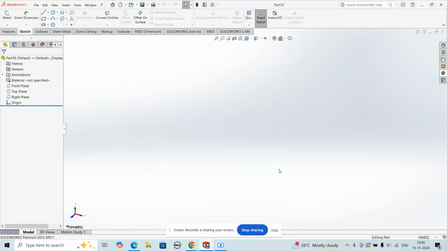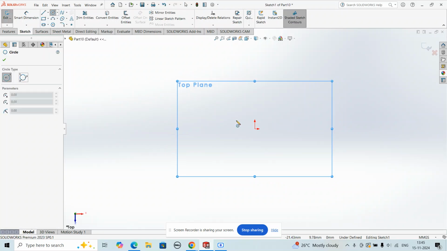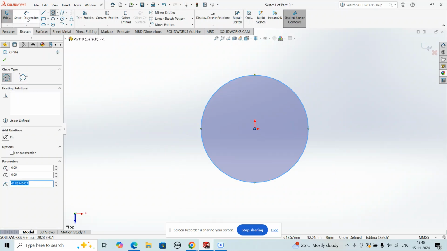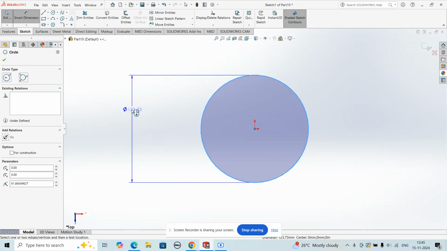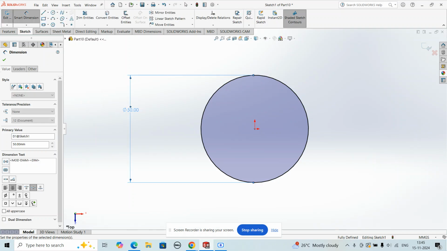Let us see how to create a tapered spring in SolidWorks. Select the top view, sketch, create a circle. So let the diameter be 50. Okay,